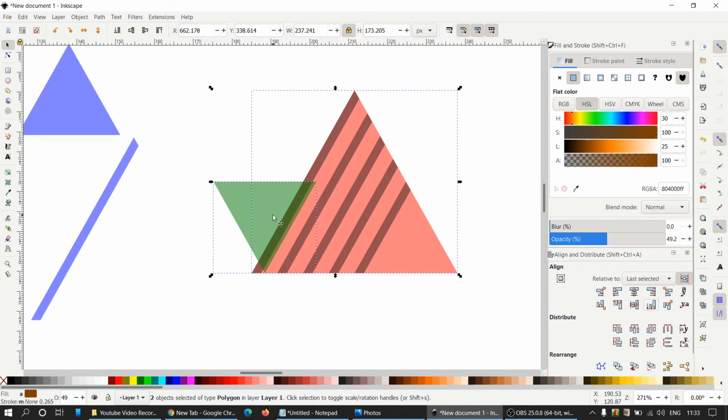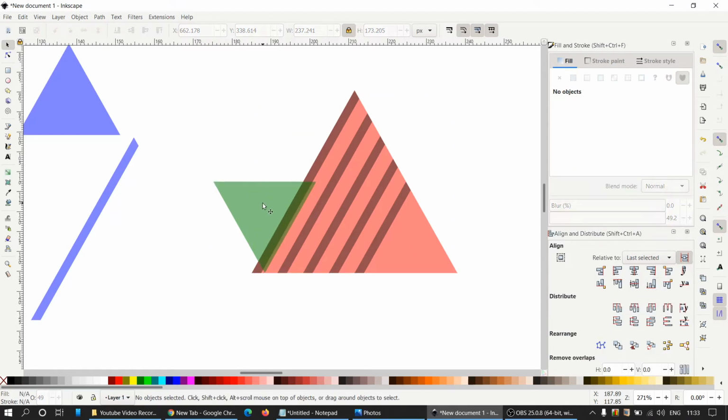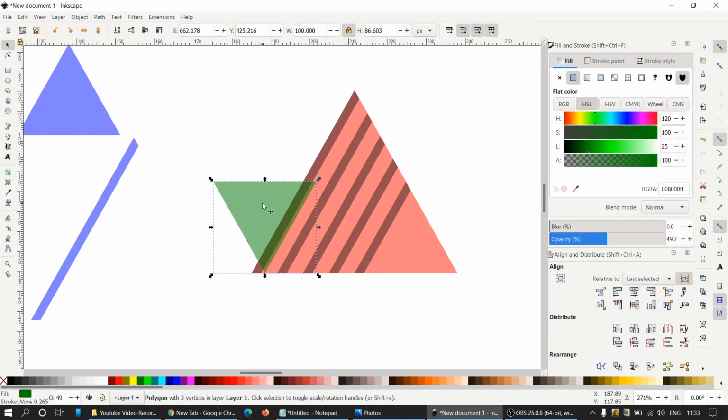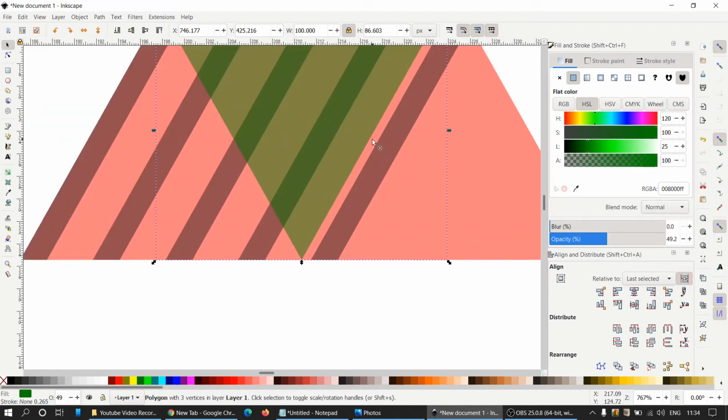Okay, now we have to move this one, select this triangle, move it so that, let me zoom in, so that the right side of this triangle should align with the right side of this rectangle here. Okay,